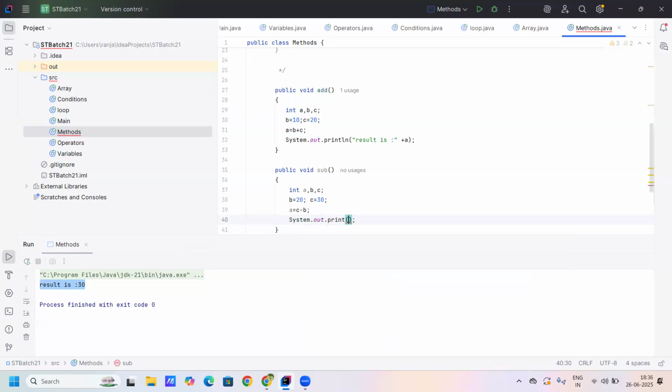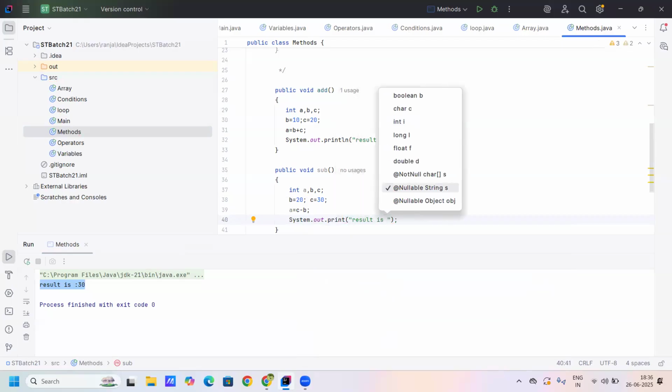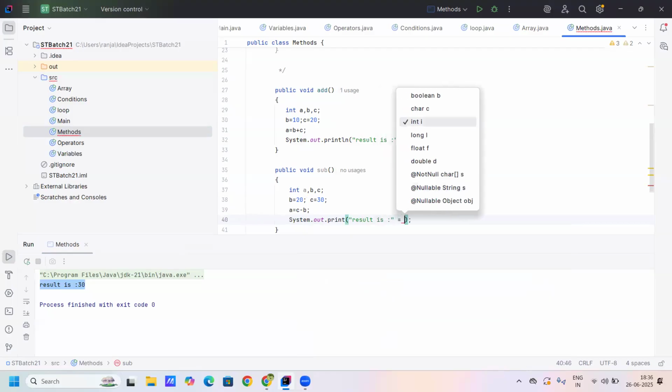So here, when I define it, it will take it. The result is